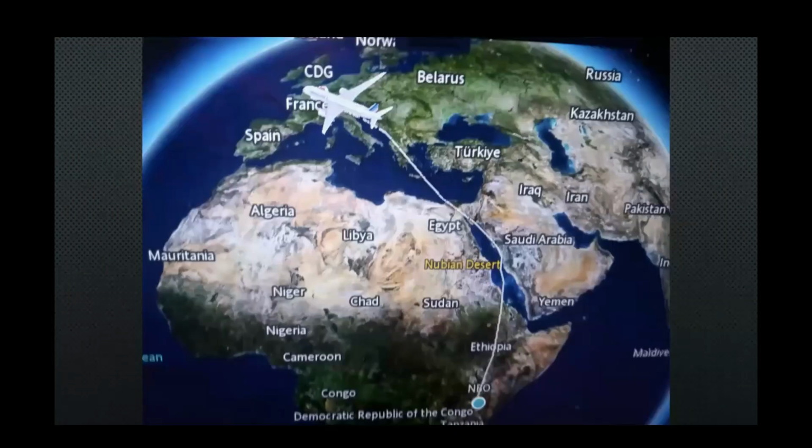This photo is just showing the return flight. We went to Kenya through Amsterdam, but going back, we went to Paris de Gaulle in France. So this is the flight path of the plane. We went to France, then we took a flight from France to Detroit, then from Detroit to Atlanta, and then driving back.